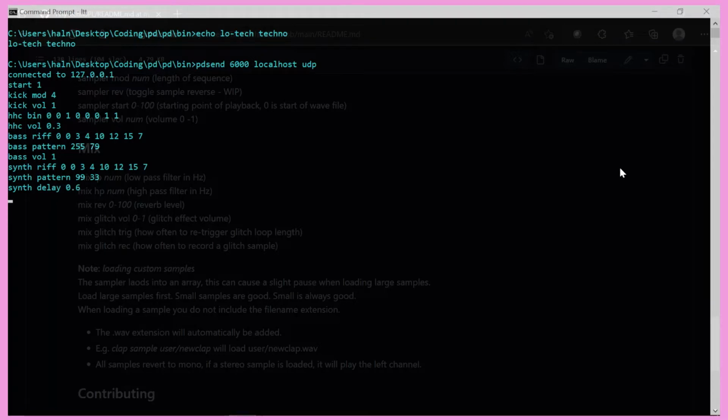Delay command, and turn it up. Change that pattern a little bit. There we go. All right, now that I have a groove,